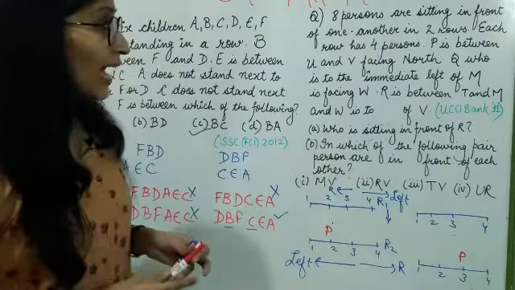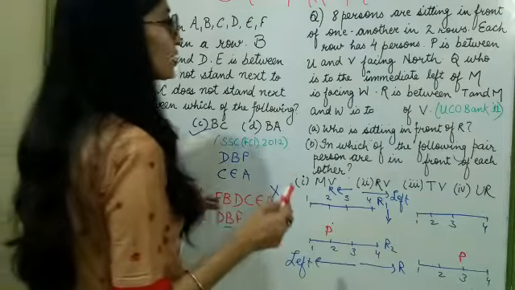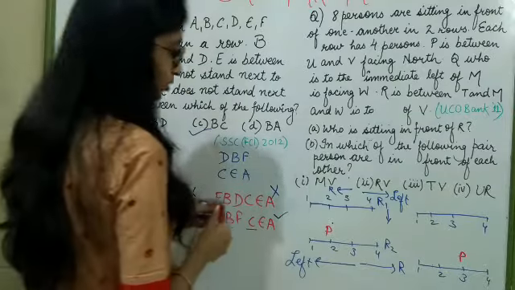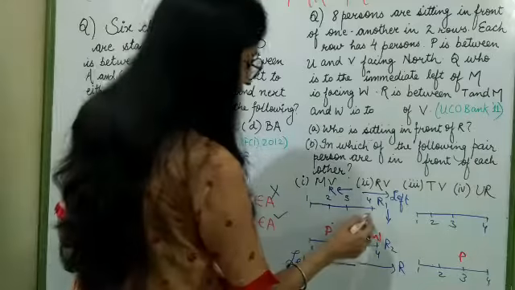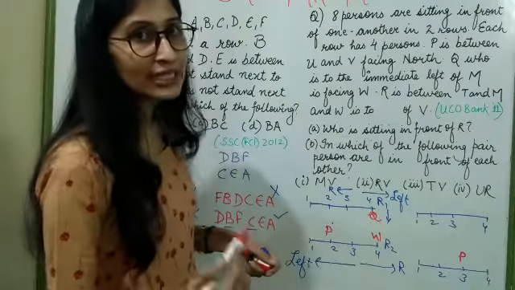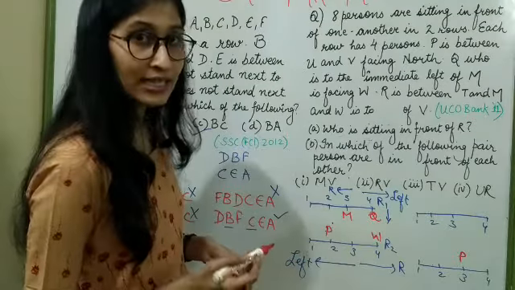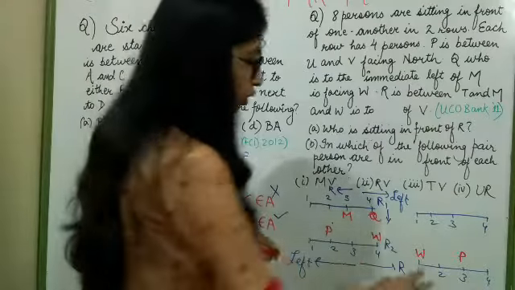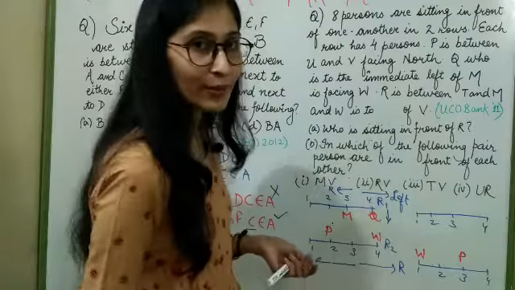So this is telling me to place Q and M in row 1. Q is to the immediate left of M and is facing W. So if W is placed on position 4, Q will be placed here, and Q is to the immediate left of M, so M will be placed here. Next case: W can be placed here because here U and V are to be seated. So my empty position is position 1 only.